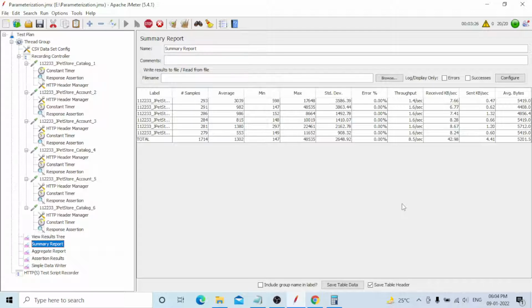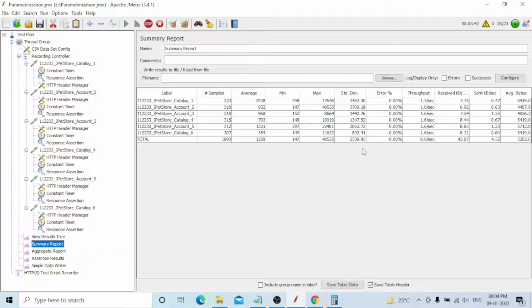You can see the transaction labels here. A sampler is a request, showing how many requests were sent at each transaction, with average, minimum, maximum, and standard deviation. There is no error, 0%. Sometimes errors also occur, but on the performance side everything has an SLA. How do we take the SLA? Generally for any application, the client may not know, so you need to explain.